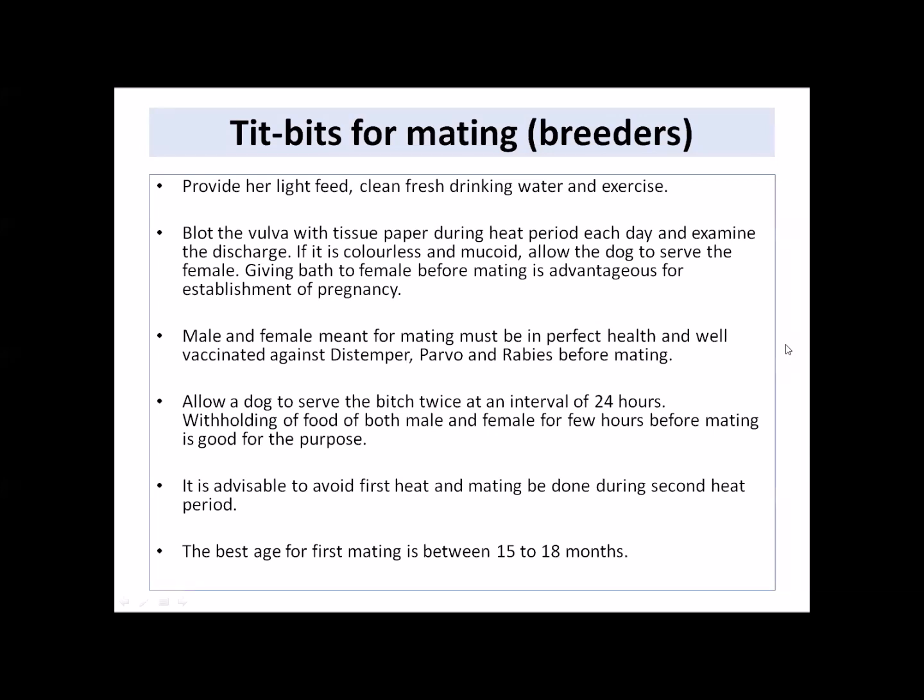In the case of the female, blot the vulva with tissue paper during the heat period each day and examine for the discharge. If it is colorless and mucoid, then allow the dog to